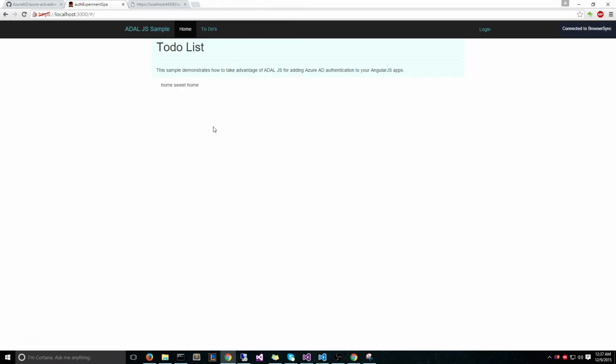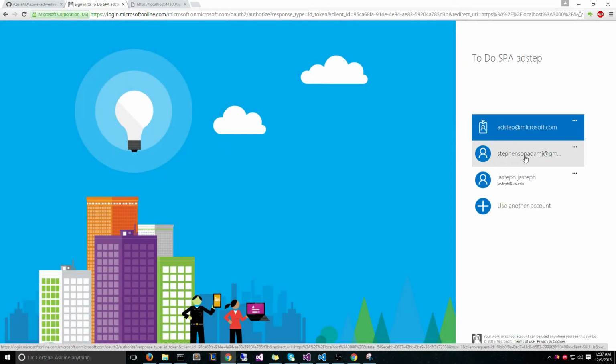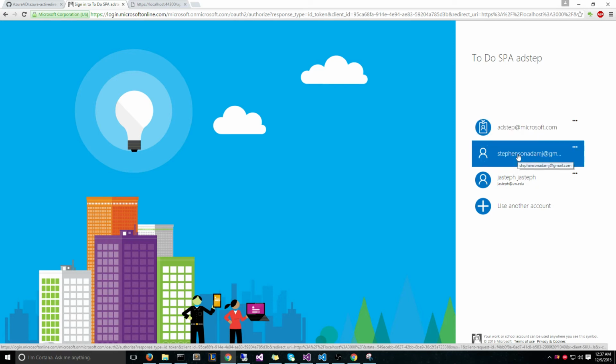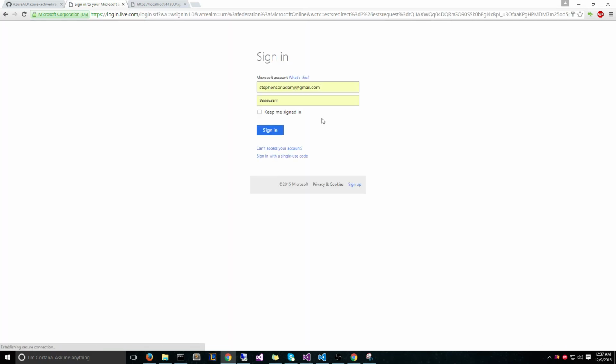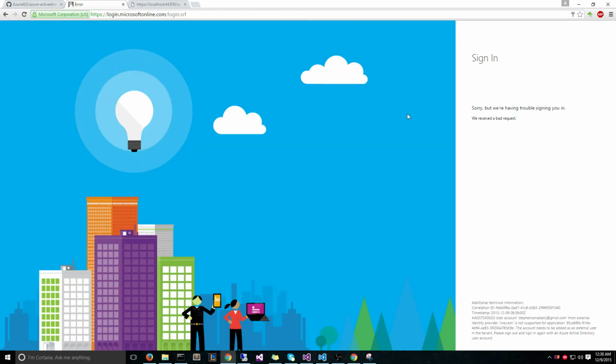it should end up redirecting me back to here. And if I navigate to the to-dos, it will enforce that I log in. And if I use an email that should not be recognized by the Azure Active Directory tenant, the tenant being Microsoft, which should recognize all Microsoft employees, it'll give me this not truly informative message that I had some trouble